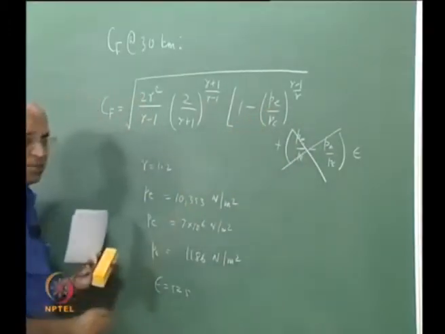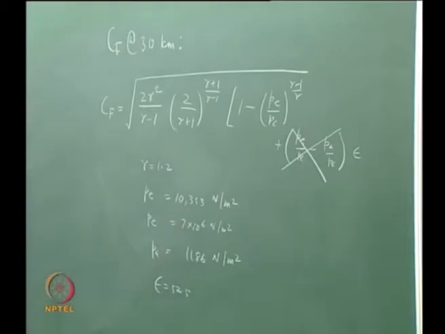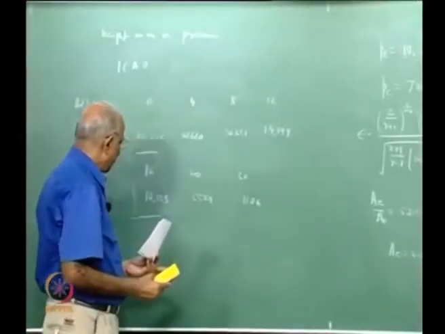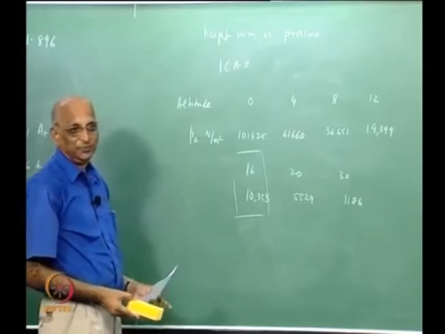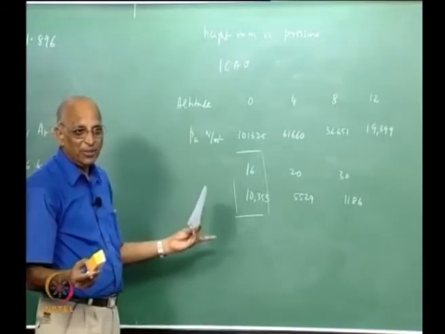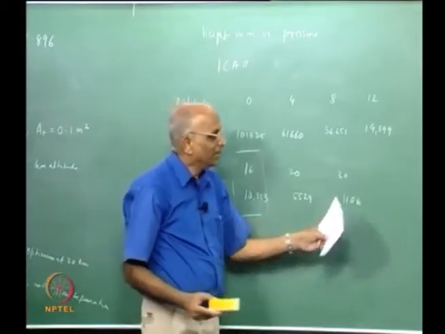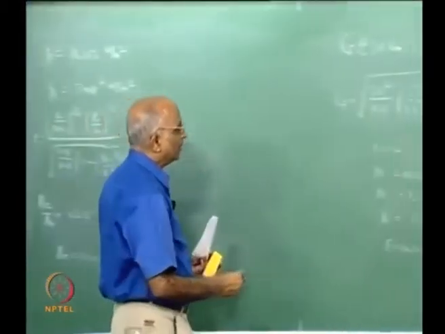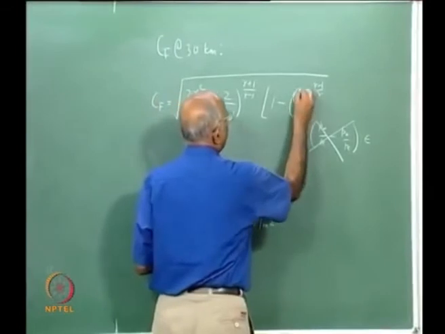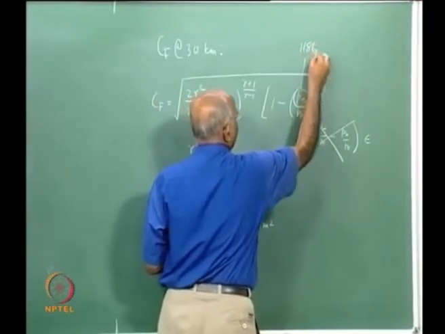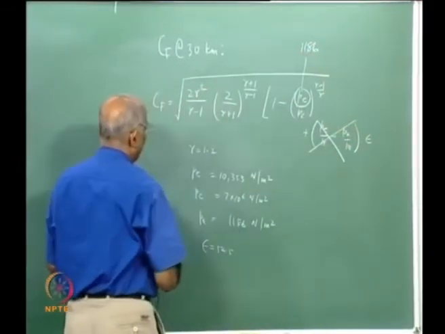And what will be the value of Pe if it is optimum? Yes, let us take a look at this table. Optimum at 30 kilometer, that means I will have a nozzle which gives me this value 1186, therefore I now change the value of Pe equal to 1186, this gets knocked out, and the value of Cf